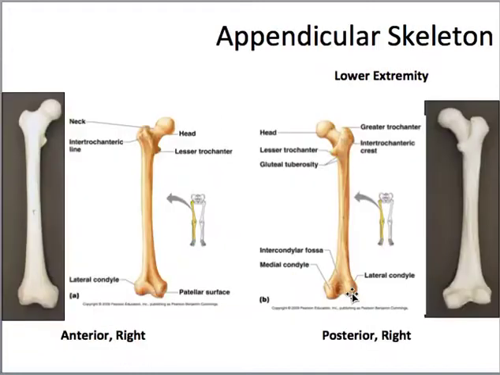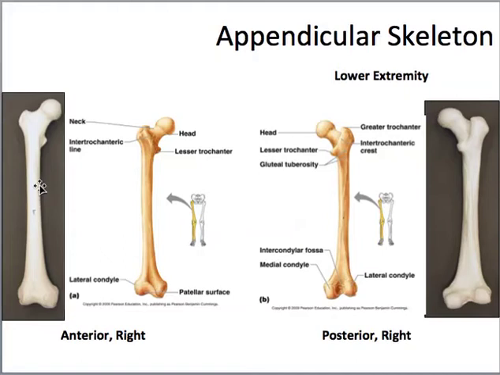Okay, moving on, we can see now the femur. This is the big bone of the upper leg, and you're looking here at an anterior view of the femur, and down here you're looking at a posterior view of the femur. And you might say, okay, am I going to have to know left from right with the femur? And the answer is yes. Okay, and so what are some clues to look for to tell that you're looking at the femur from the front